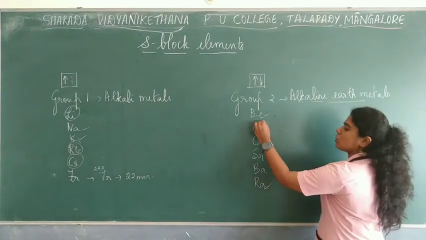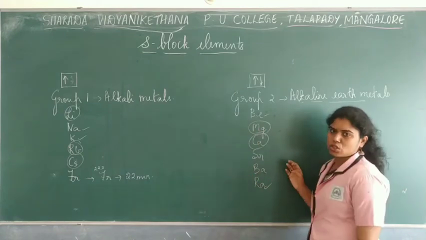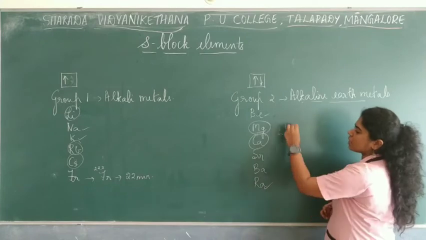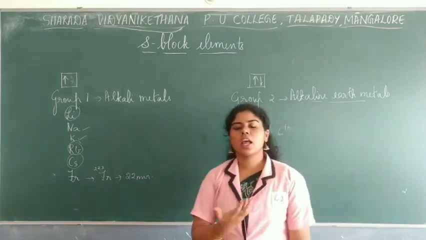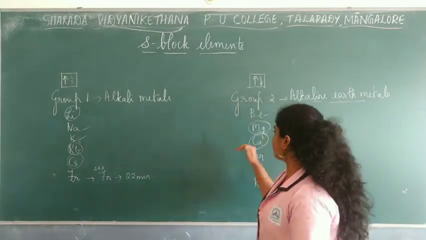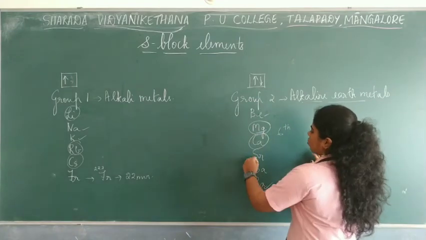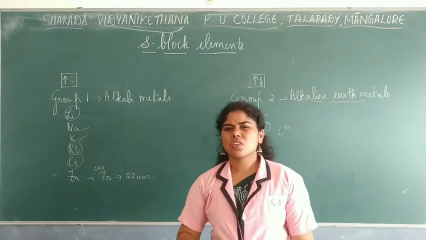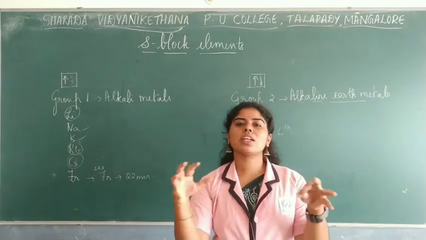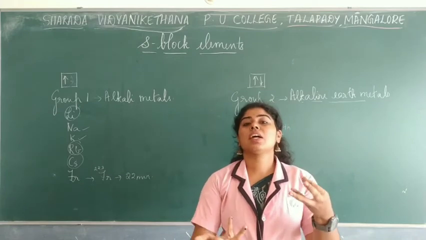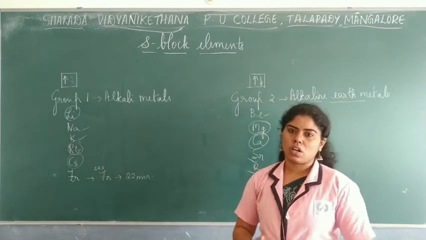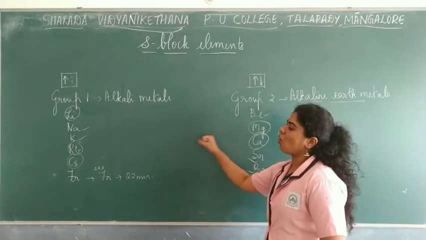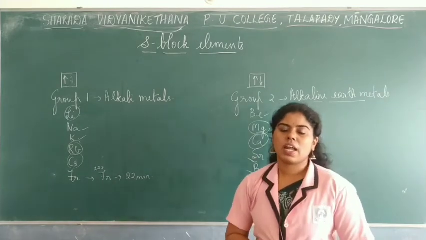And here magnesium and calcium are much in abundance. They stand in 6th position in abundance in the Earth's crust. So they are highly abundant. And strontium and barium are in much lower abundance. So this just gives you an idea how these elements are present, and what their abundance is in nature. This is the basic idea of these elements and how they are found in nature.